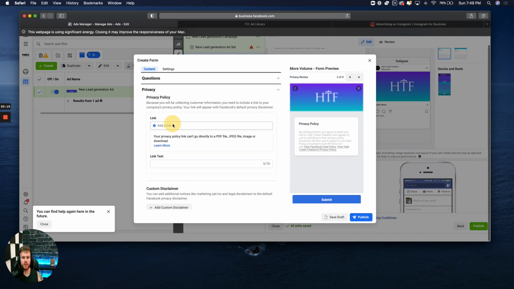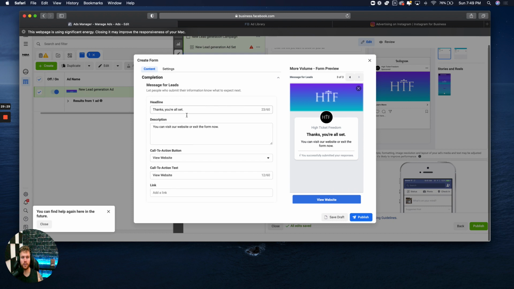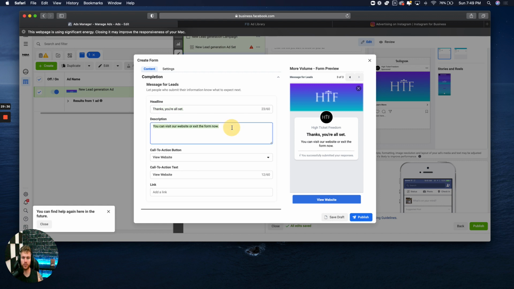Privacy policy, I would suggest creating a privacy policy. You can just go on Google and say template a privacy policy and then put it in here. And then right here, whatever you want them to do after they fill out their information. Like, cool, you're all set. Someone on our team will reach out to you shortly. Whatever it is, right? And then you can actually have, or you can say, or click the link below to